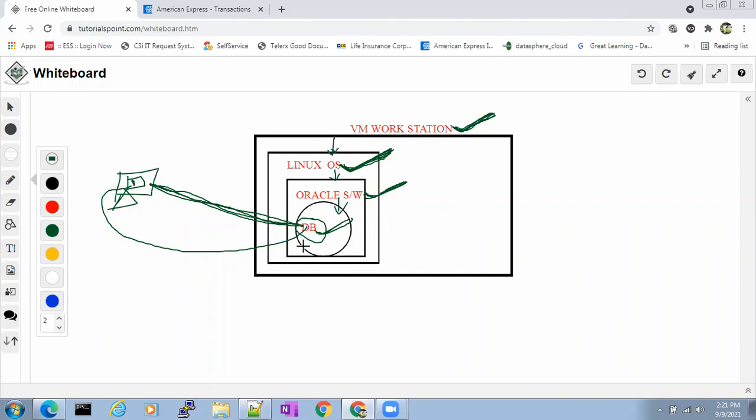Okay. Now, as I said, once the database is done, then only the user will be able to connect to the database. This part is completed. Next, coming to the Linux operating system. Right? Now I'll talk about Linux operating system. VMware is a 2 minutes installation. VMware doesn't matter. Just clicking on next, installation will be done. So we don't have to worry about VMware. We'll talk about Linux operating system now.